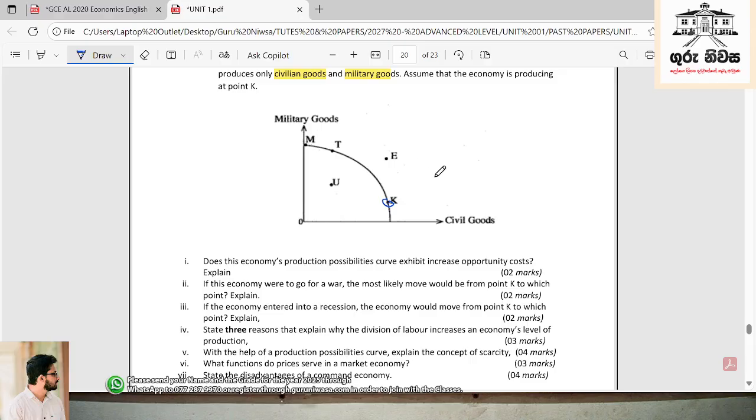M, T, E, A, U. U is inside the curve. Right. Then the answer for the first question should be